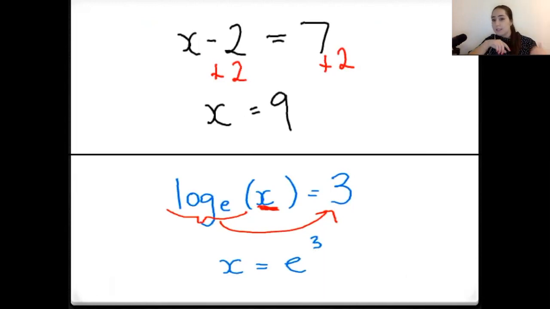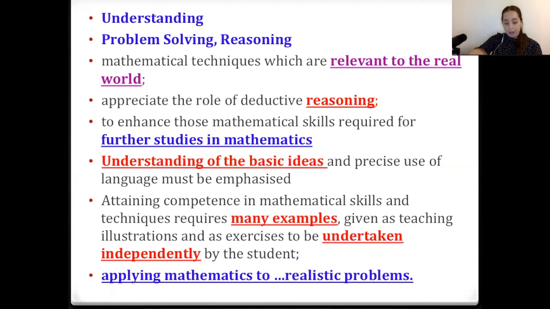So this is just an example of how you can use what you know and apply it to something that's a little bit harder, or something that you're trying to understand. So same idea, we're just doing the opposite to get x onto its own. So the opposite to -2 is +2, so we +2. In the same way, the opposite to log base e is e, so we e the other side, and so it follows the same idea. Okay, so